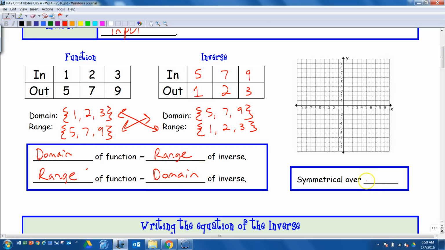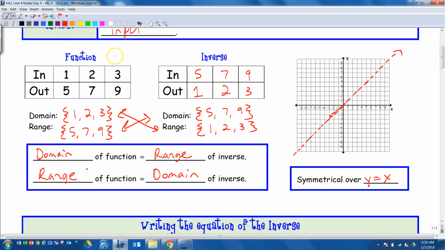Okay, and then it's symmetric over the line y equals x because you're switching the x and y. So here's the line y equals x. So that means all the points for an inverse reflect over this line. That was a terrible line. There we go. Alright, so for example,